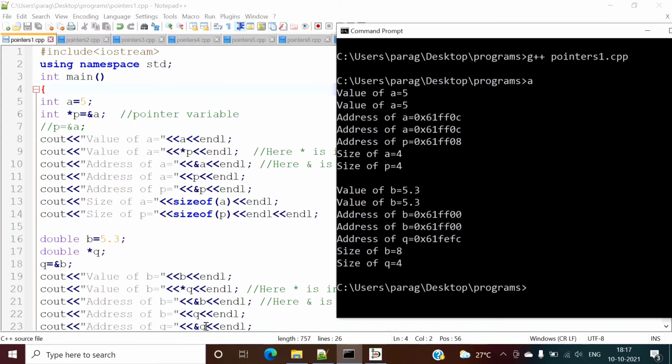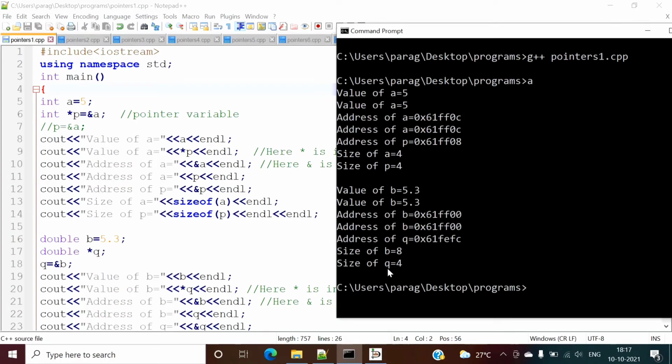Now see in this example, you can see the size of Q is 4. Q is a pointer variable and Q will have the address of a double variable, right? But the size of Q is 4. Why is it like that?